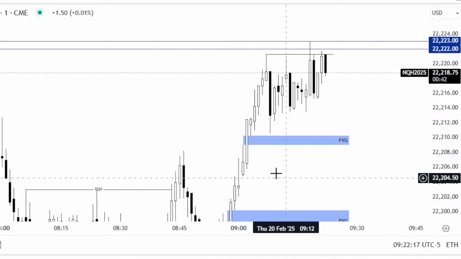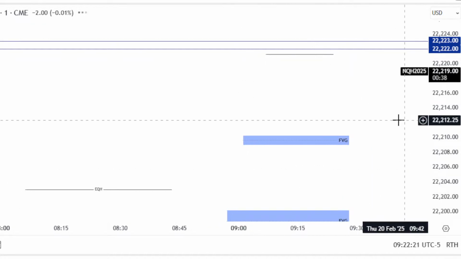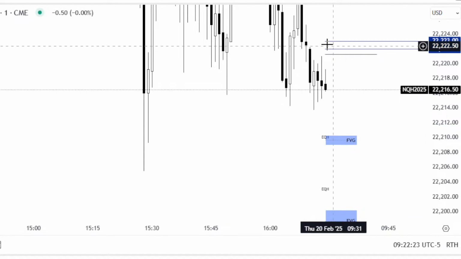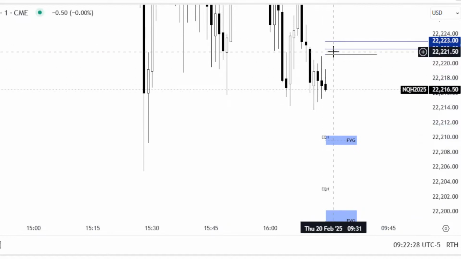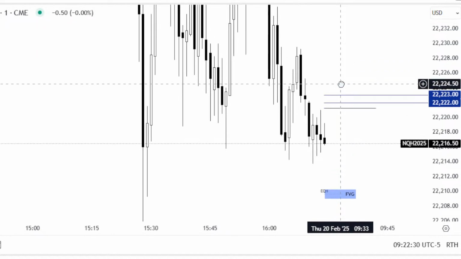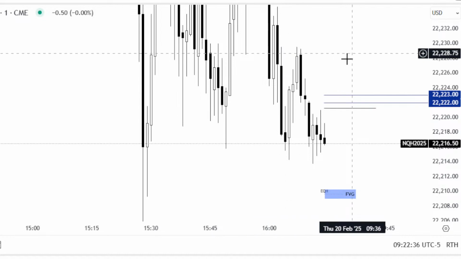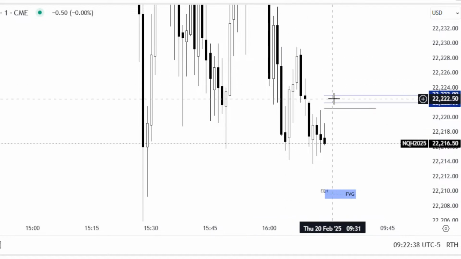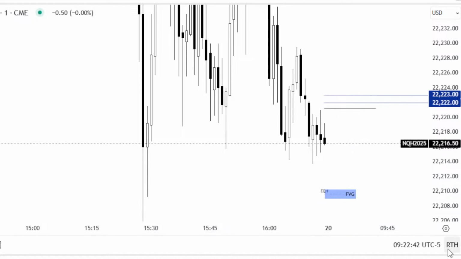We're at these blue lines now. Let's see where that is and compare with the gaps. Okay, so we're way up there. If we're going to go higher here, there are little equal highs here, this 2230 level. That would give us a little gap to come and fall to the downside.